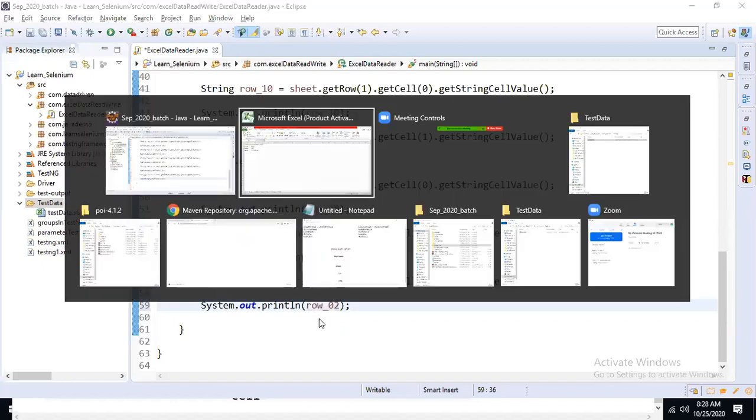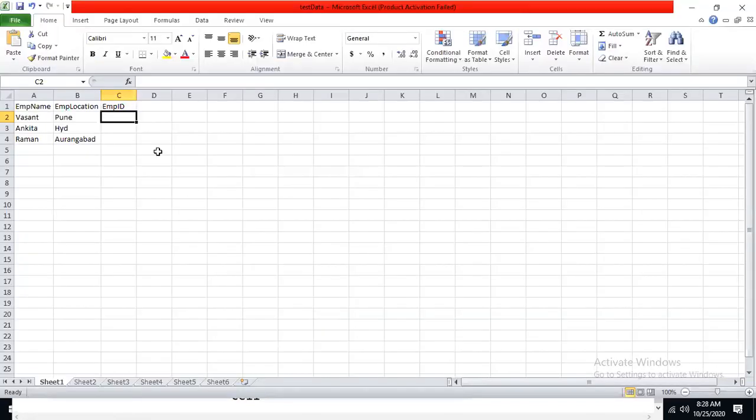But at employee ID, we are going to create, so at first row, second column, employee ID was 111. This is employee ID 112, and employee ID 113. So one of the employee IDs we will retrieve, and I will take this employee ID as numeric type. Okay.